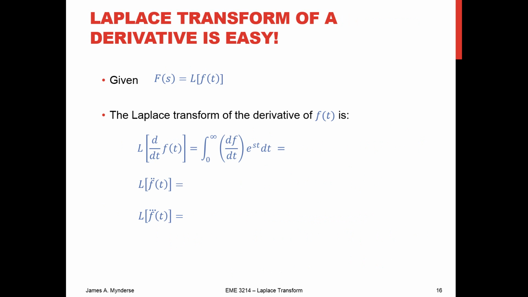So if we've got a derivative, here's our d by dt of f of t, and we want to take the Laplace transform of that, well, that's just going to work out to be s F of s. So if it's a derivative, we're going to multiply the Laplace of the original thing by an s. What if it's a second derivative? Well, we'll do s squared